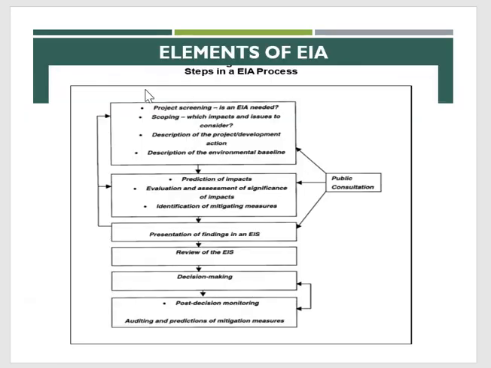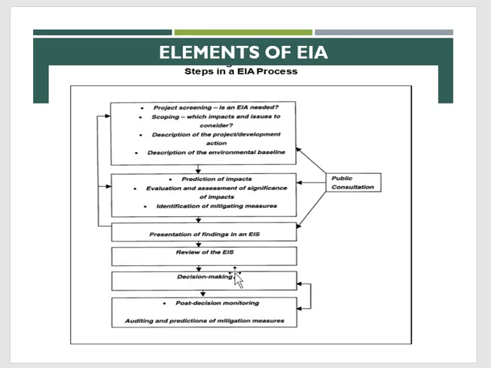Okay. Now, coming to the most important part, that is the elements of EIA. So the environmental impact assessment represents a systematic process that examines the environmental consequences of development actions in advance. The EIA procedure involves a number of steps, some of which are listed in this tabular column. So you have to study this tabular column for the exam. While writing the elements of EIA, you have to first draw this flow chart and then explain the different steps involved in an EIA process. So now let's see one by one.